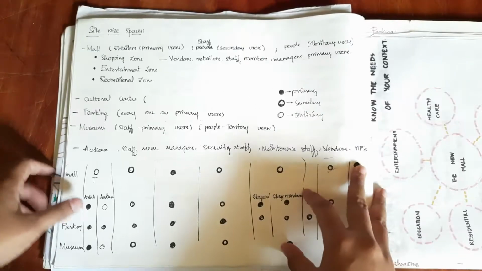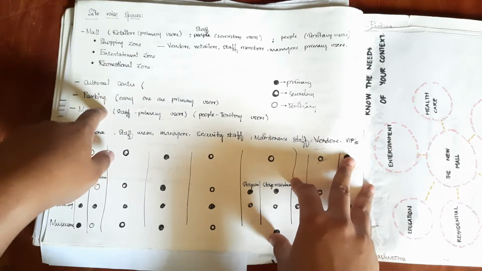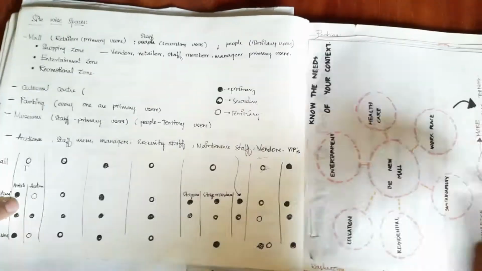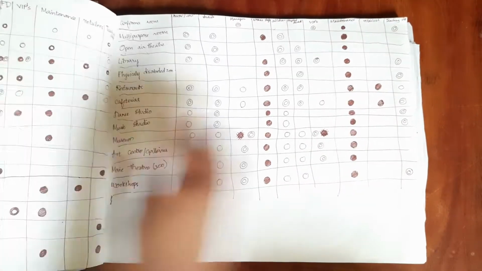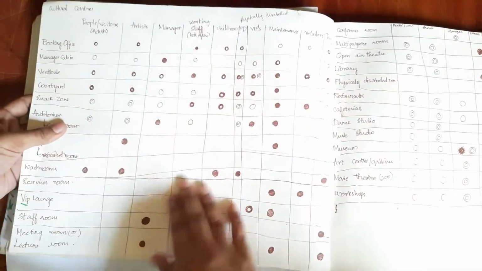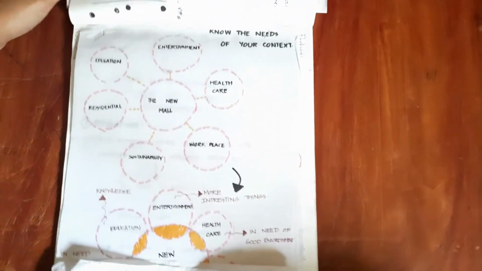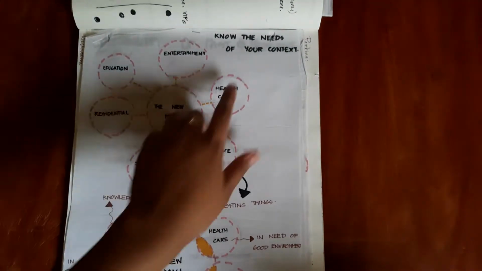Then we were given an exercise to work on the kinds of spaces we are to deal with. As I wrote all the requirements, in that we need to divide public and private spaces. We can divide it through a matrix chart. This is the matrix chart exercise which we were given. I think this really helps us understand what is public and private space and what to place where. These are some butter sheets which were added later on about my concept and what all the things I need to do.